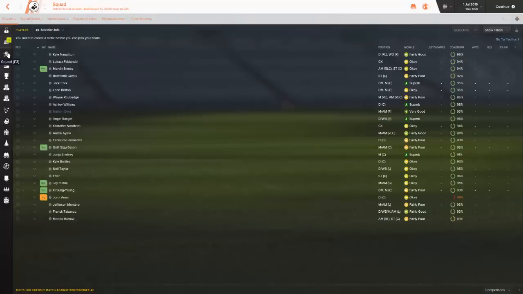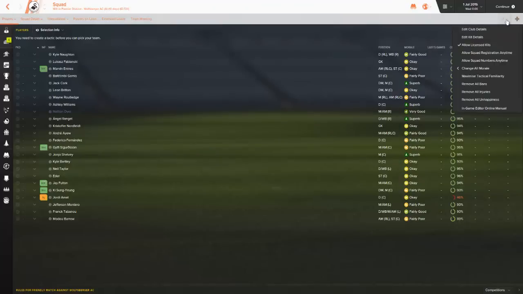There's another thing. When you are going through and selecting your squad, your registration for your squad, we're going through now and doing it, and we've selected everybody, and we're about to head over to the confirm button, and we accidentally right click and it unselects somebody. Say we just right clicked on Andre Ayew by accident and it unselected him. Okay, and we click continue, submit it, and then it comes to the match day and, oh no, Andre Ayew is not registered. You can select here and select always allow squad